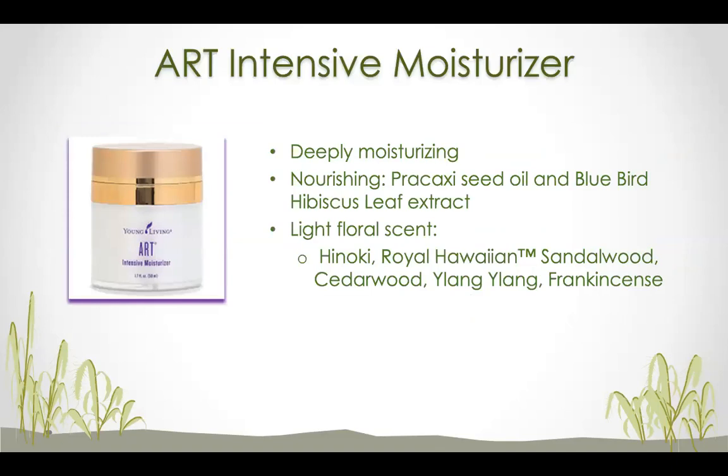Well, I have to just say, this is such a power pack. I had no idea. I love this moisturizer, but I never really sat down to investigate exactly what was in it. And so when I was preparing for this, I was like, what is this procoxy seed and bluebird hibiscus oil? That sounds very exotic. And so it turns out that the